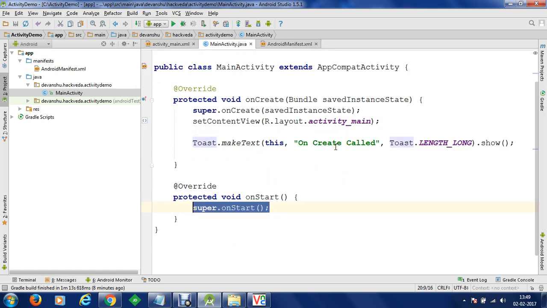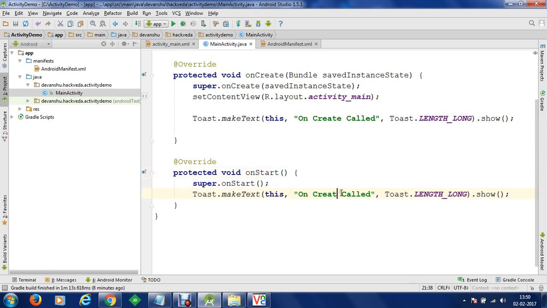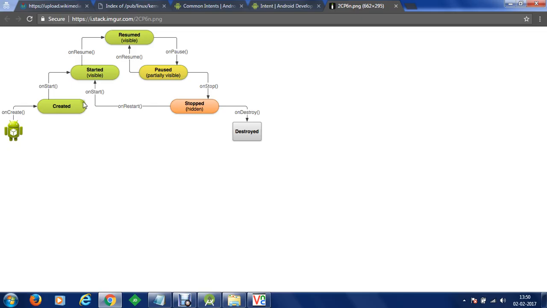As soon as onStart gets executed, we can display this pop-up again, something like "onStart executed", so as to understand how the life cycle works. So we have got onStart, then we'll go to onResume.